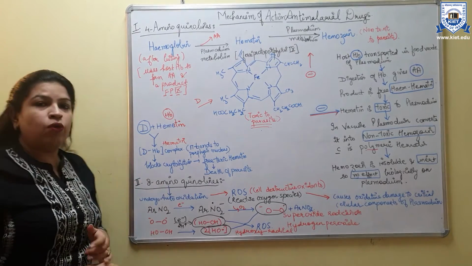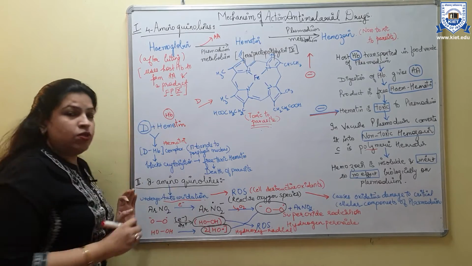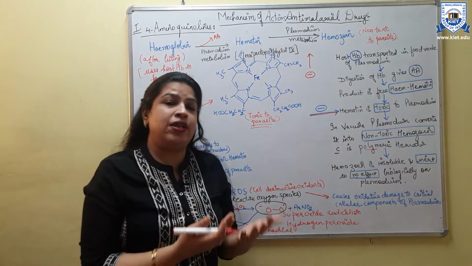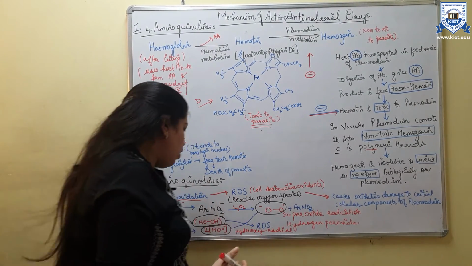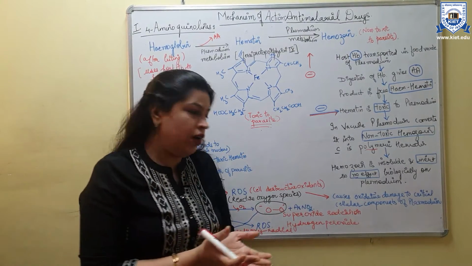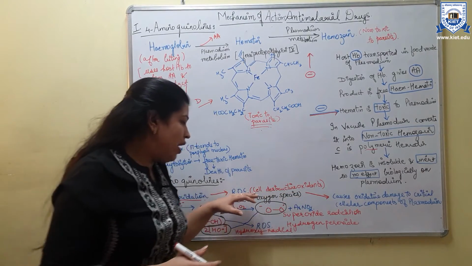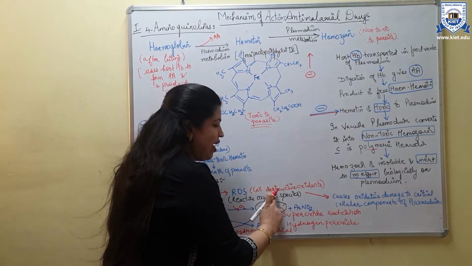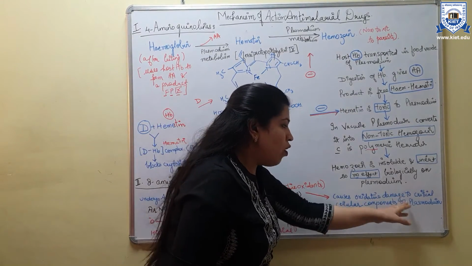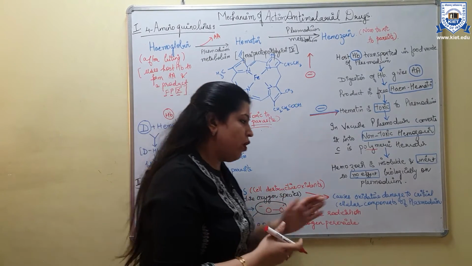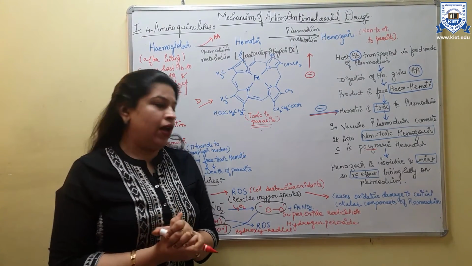The alternate mechanism through which the 8-aminoquinolines work is through auto-oxidation. This auto-oxidation produces many ROS. ROS means reactive oxygen species, which are formed through the oxidation of our drug and cause oxidative damage. These reactive oxygen species are cell-destructive oxidants. They destroy the cells and cause oxidative damage to the critical steps and components of the plasmodium, inhibit its growth and make them die.